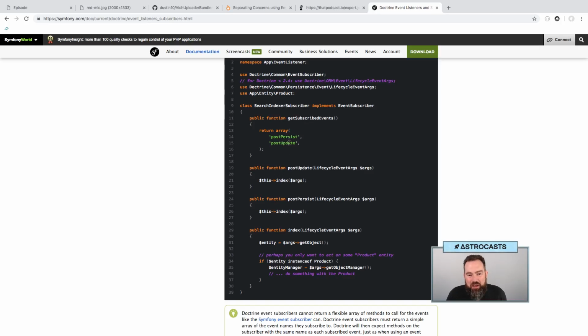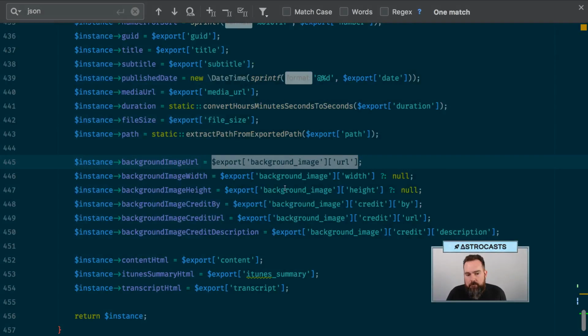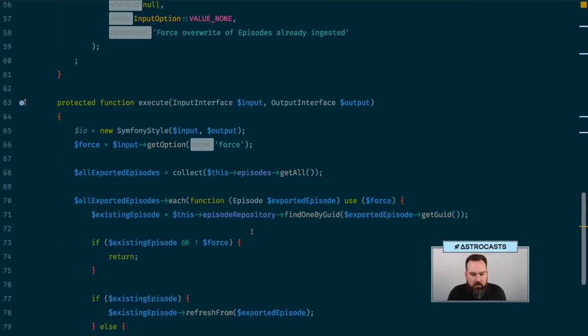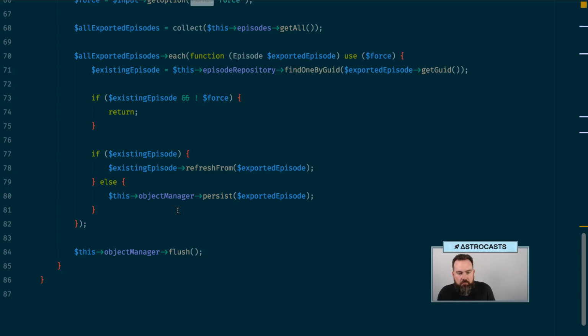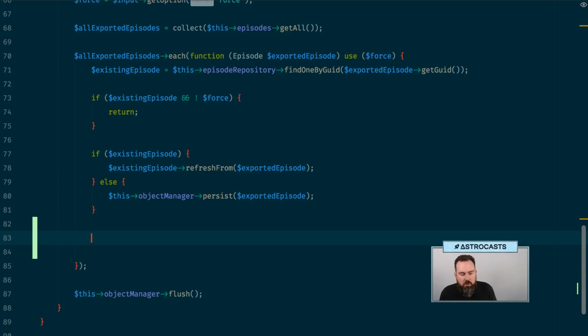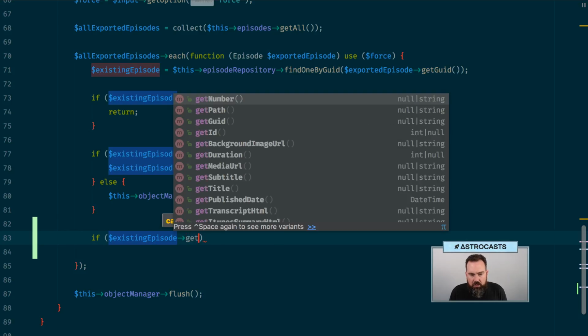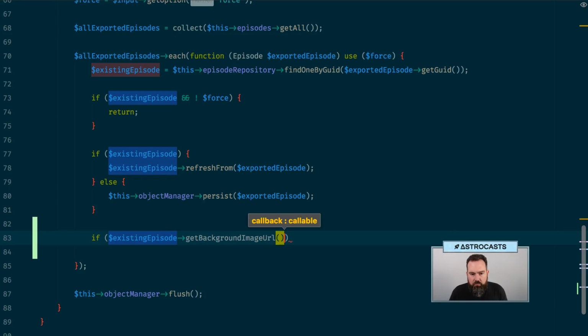I'm going to change my mind on this because I don't really need to build this functionality for anything beyond the import. Export client. So I think I'm going to put it here. So if existing episode get background image URL, let's do